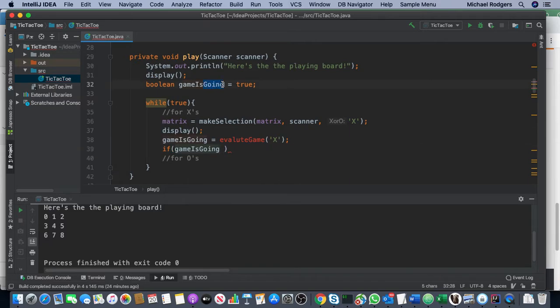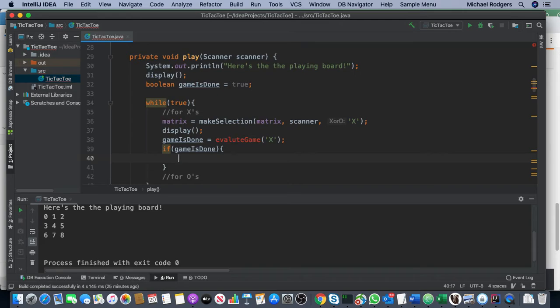Maybe game is done. It's the right word we need to use here. Yeah, I think so. If game is done, because we want evaluate game to say game is done if it's done. And so if game is done,